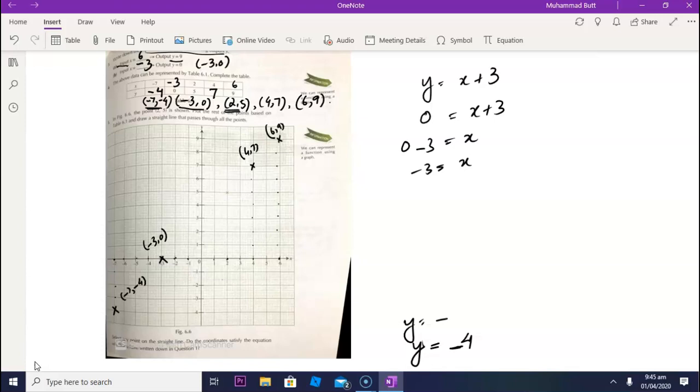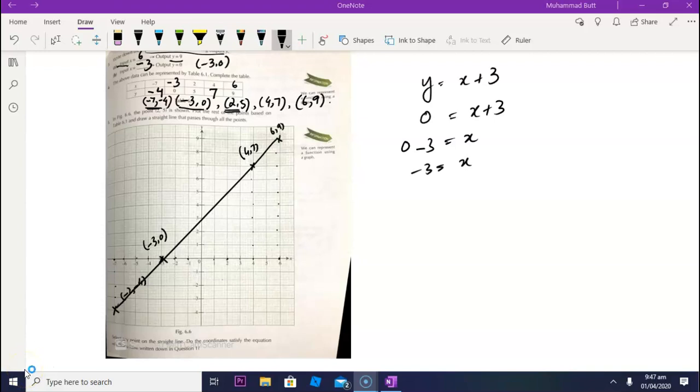You have drawn all the ordered pairs, and when you draw a line, you will see that these ordered pairs, when joined together, are on a straight line. You can see that when all these points are joined together, they are on a straight line, and from this example we can conclude that a function is a relationship